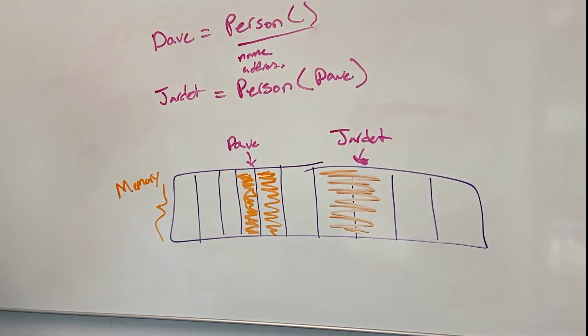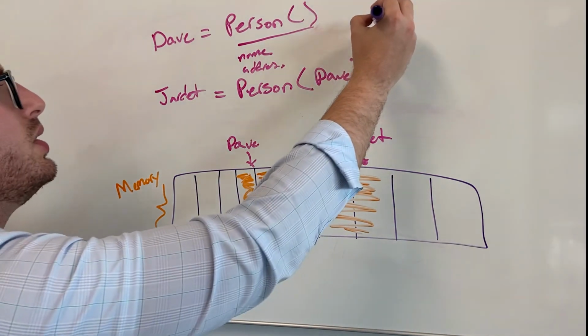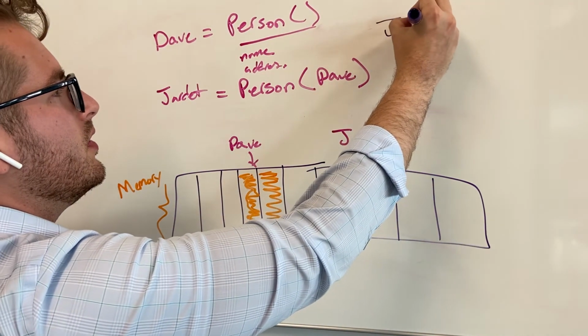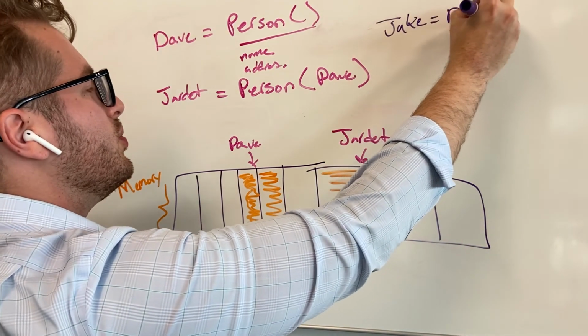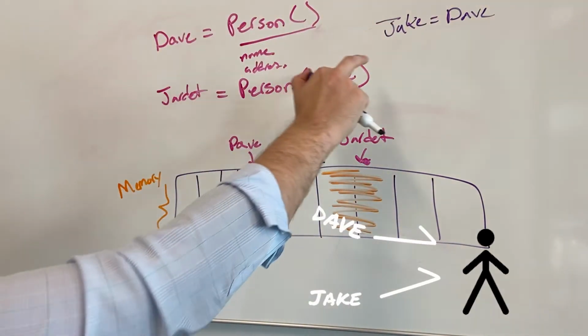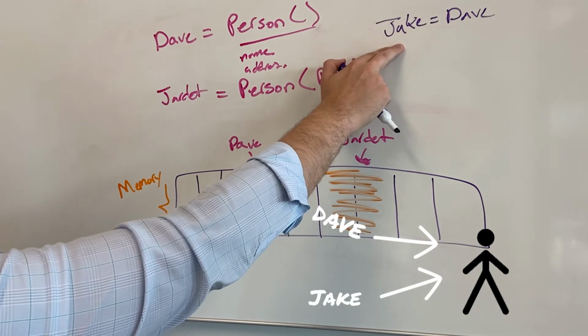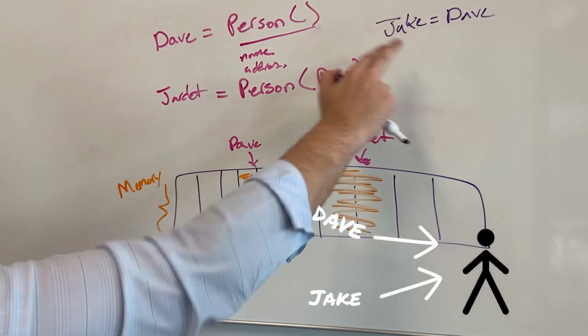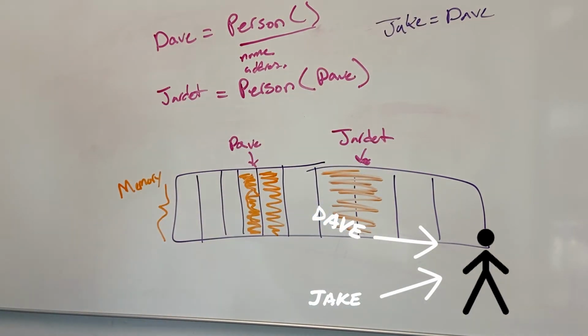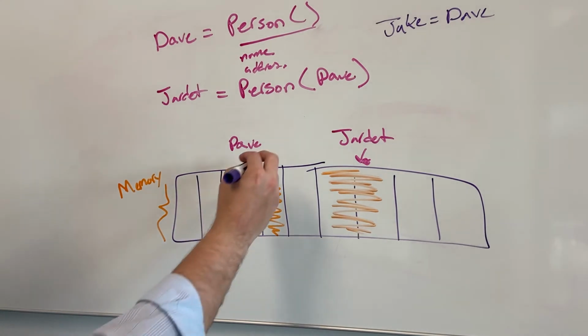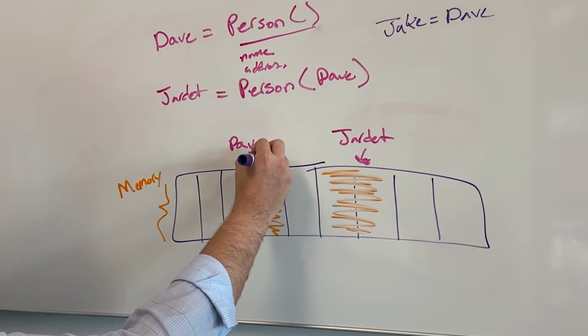And we'll just use my name. We'll use my name as Jake is equal to Dave. So this would be saying that Jake's location in memory is equal to Dave's location in memory. And that just means that, hey, we have another pointer pointing to the same place,